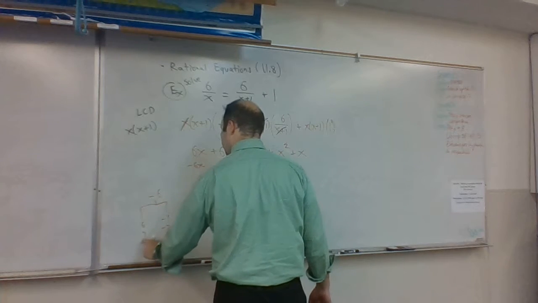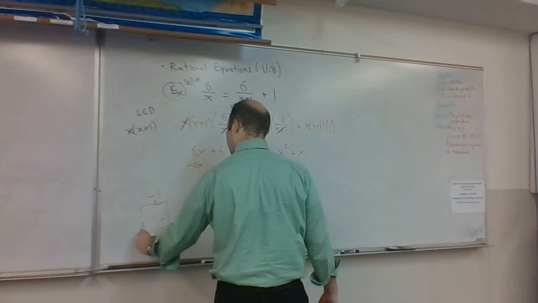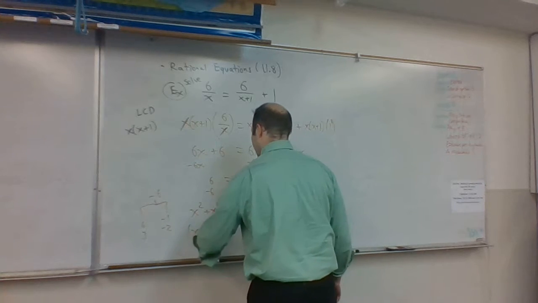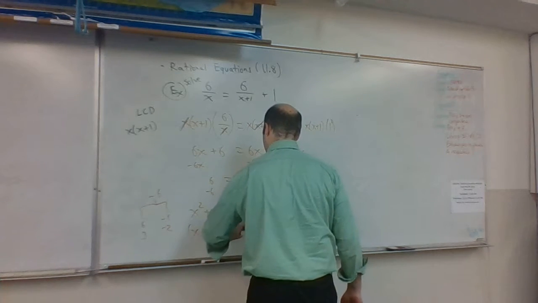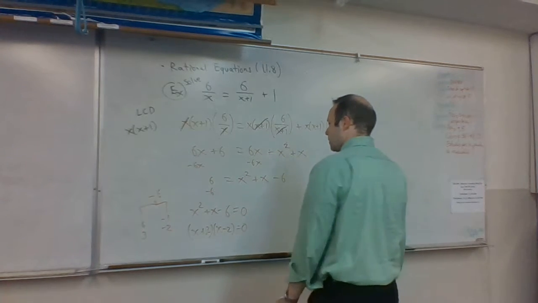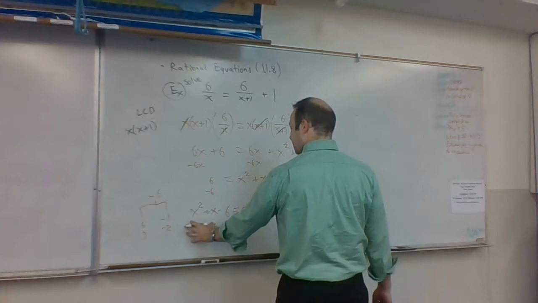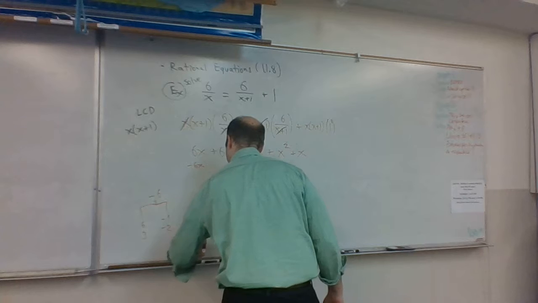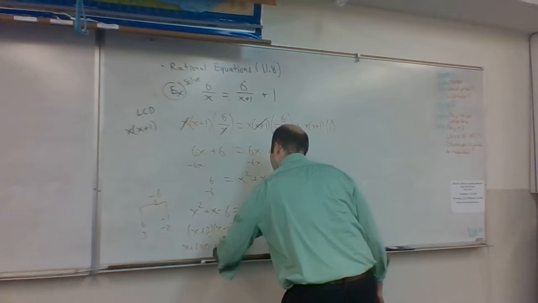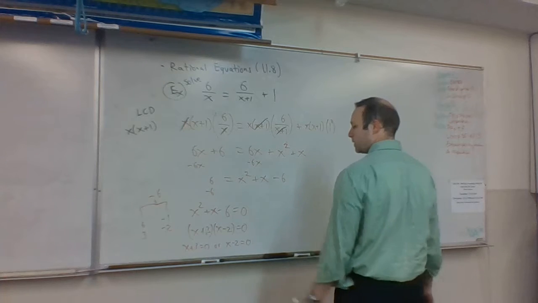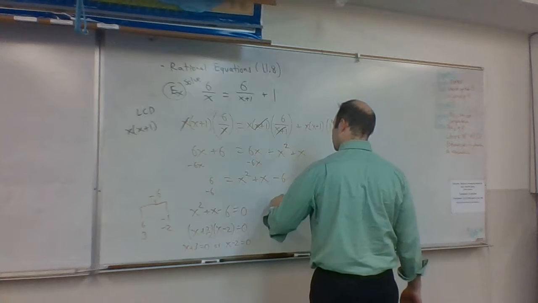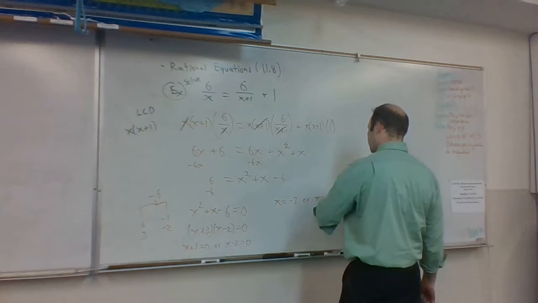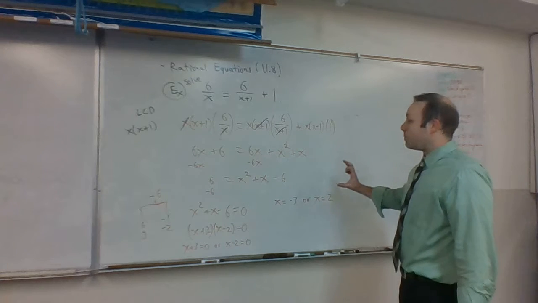So this can factor to be x plus 3 times x minus 2 equals 0. Something times something equals 0 if the first thing equals 0 or the second thing equals 0. So I can rewrite this as x plus 3 equals 0 or x minus 2 equals 0. In this case, we get x equals negative 3 or x equals positive 2. Supposedly we're done,